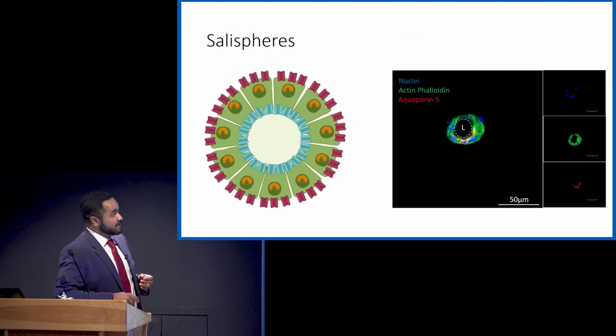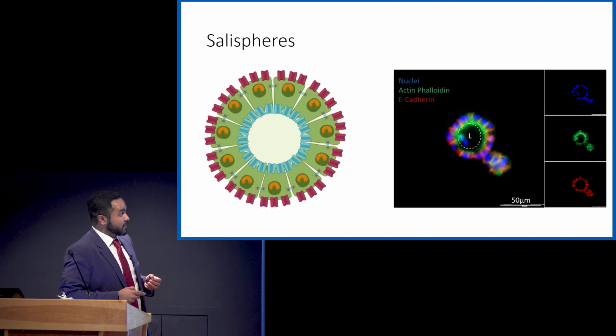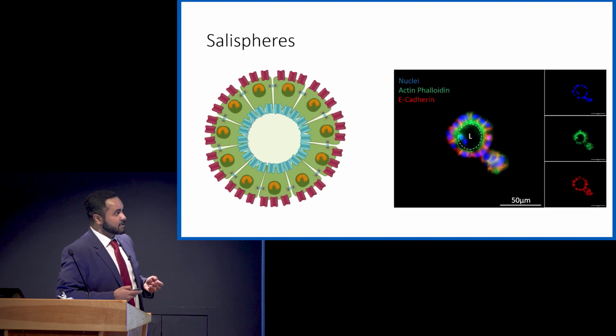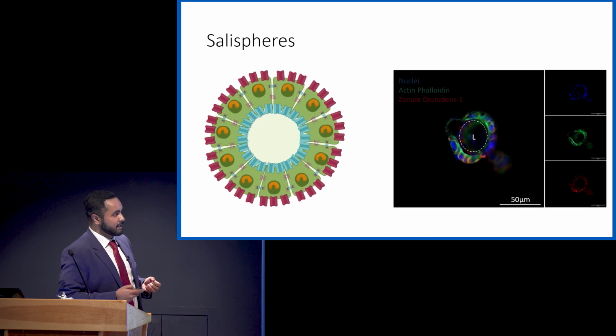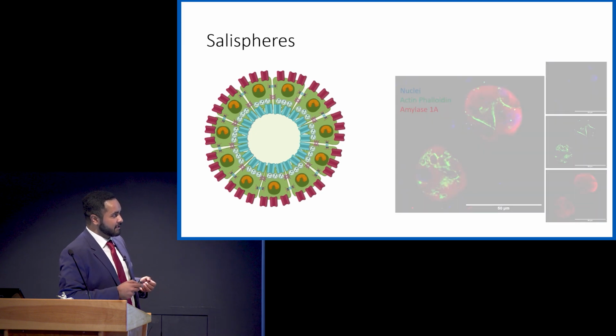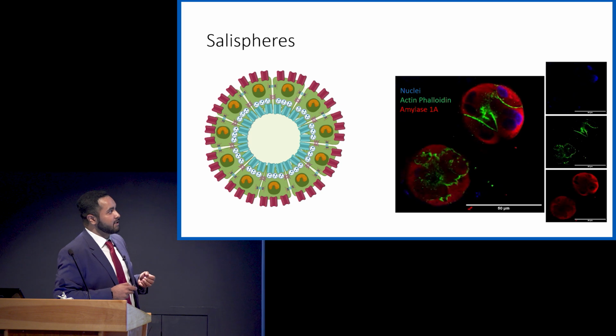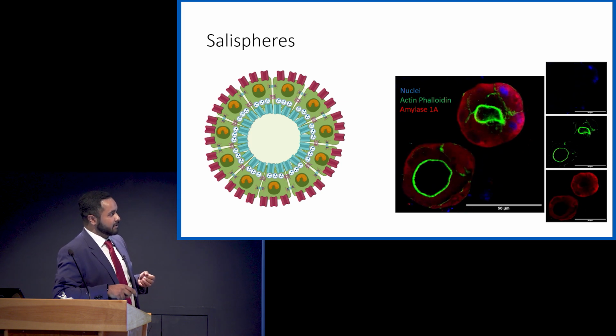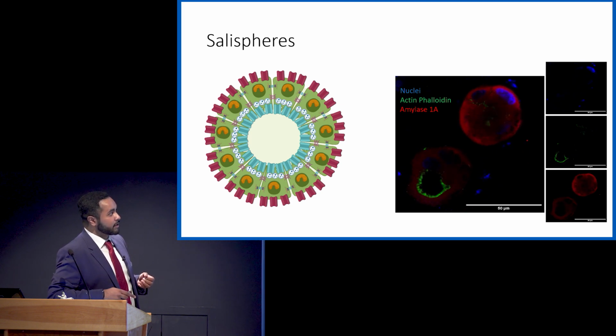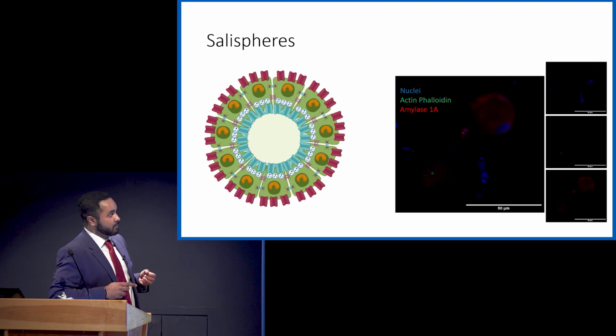We also were able to see aquaporin 5, and especially we were able to see aquaporin 5 out here on the internal apical membrane, showing that it's correctly localized to where we wanted to see them. We also had E-cadherin adherens junctions and also ZO1 tight junctions. And finally, we also were able to see in this video the presence of amylase. So this video nicely shows the 3D render of our organoid,